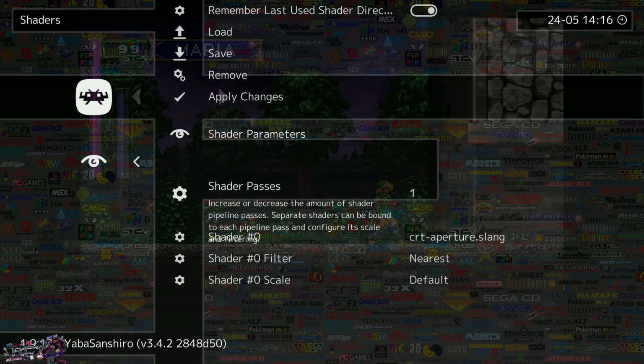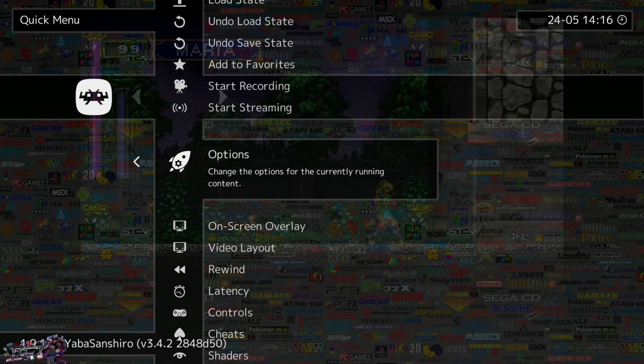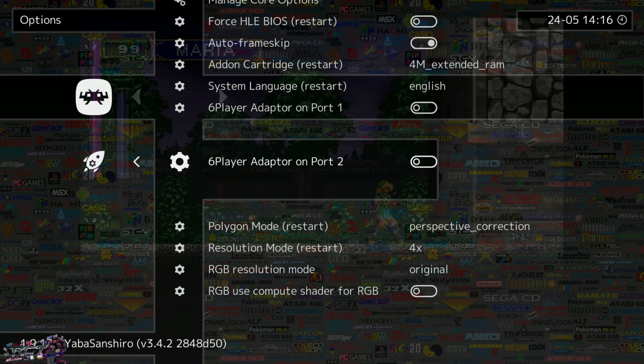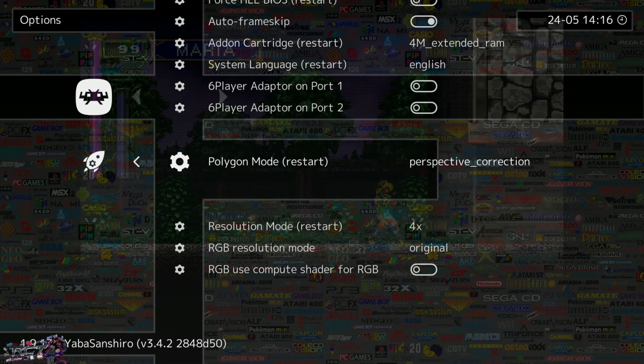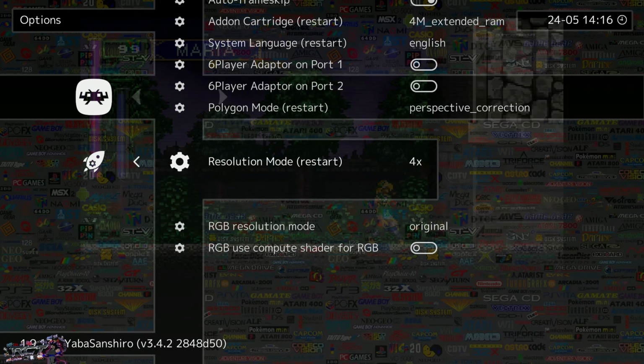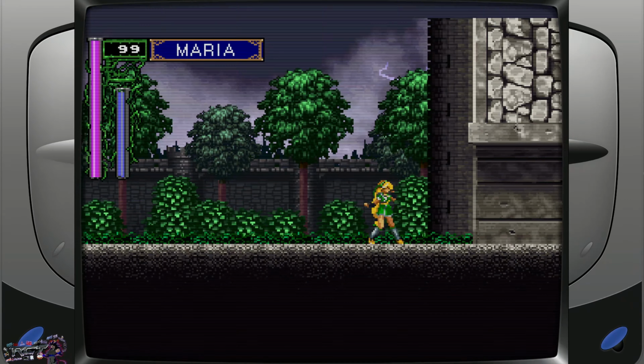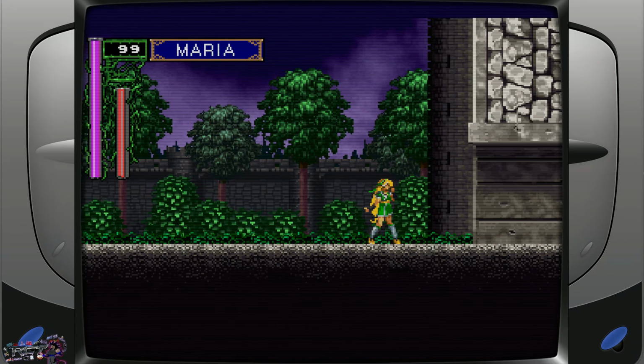I have it with a light CRT shader here, hardly noticeable. And the way I have it is perspective correction, resolution x4, and the RGB. I tried using another one, but original works just fine. And it works for the majority of games, so